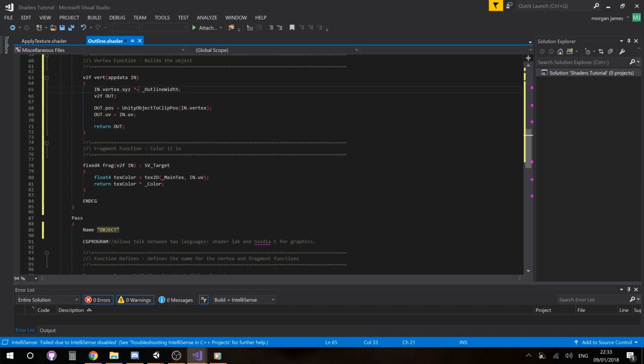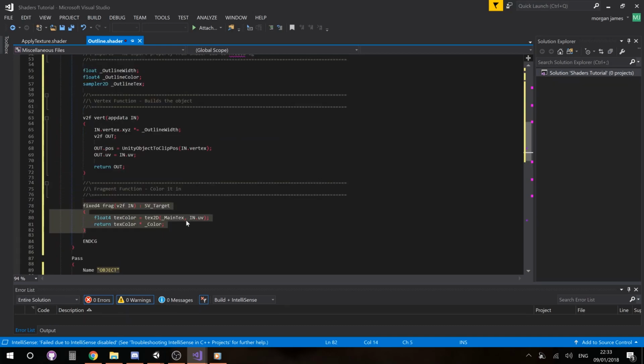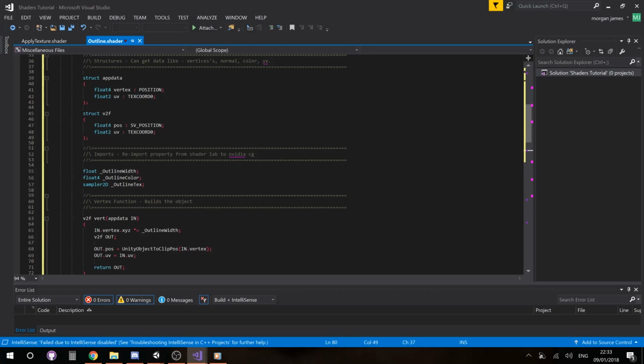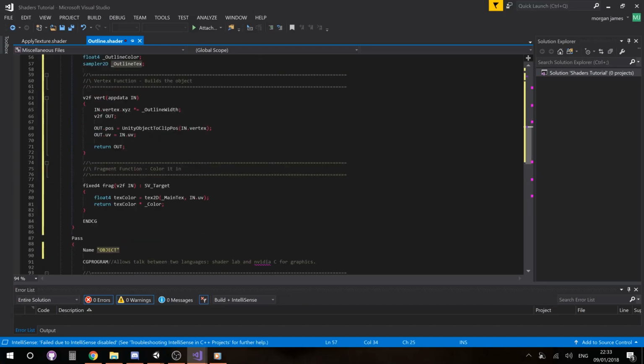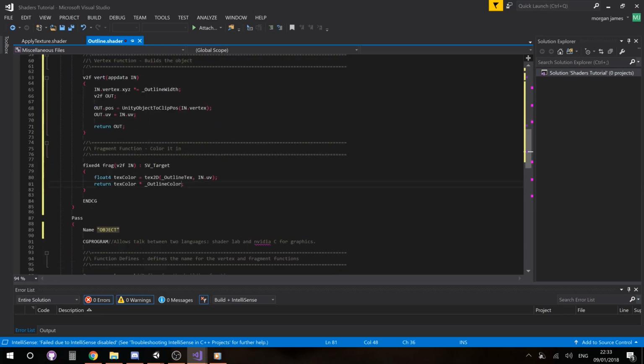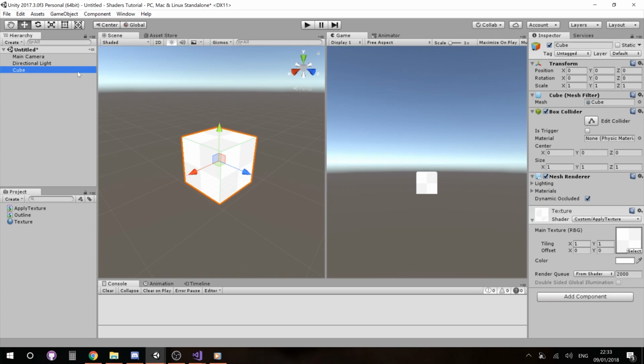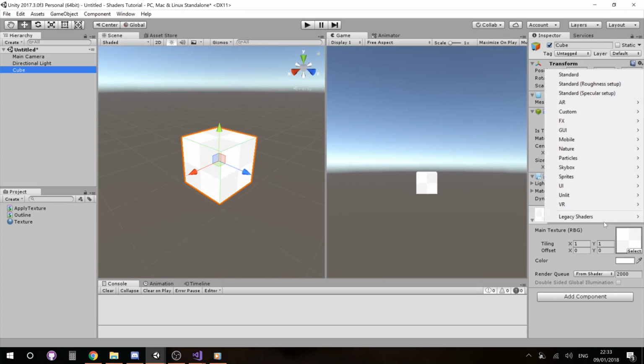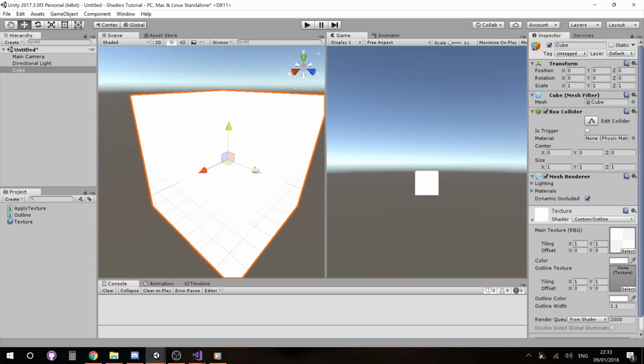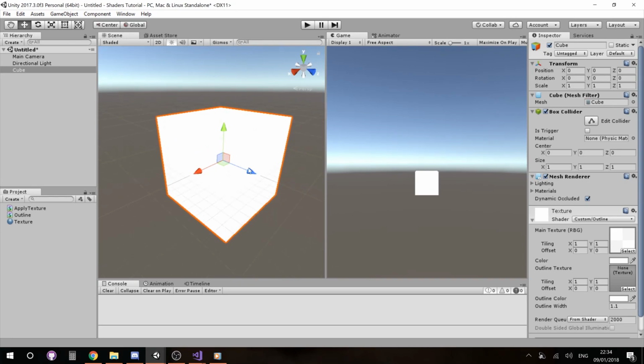One more thing we have to do in the fragment shader is change the main texture to the outline texture. So replace the main texture with the outline texture, and then the outline color replaces the normal color. So now this should work apart from one thing, which I'll show you in a sec. If we go ahead and run the game, inside of Unity we have the apply texture on. If we go to custom and then go to the outline, now you can see that there's a box, and inside of this box is actually the original box, but you cannot see it because